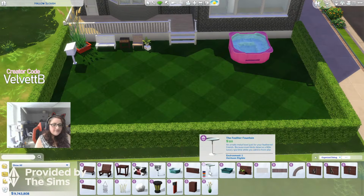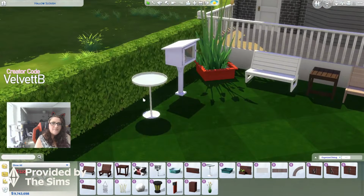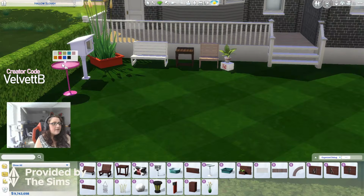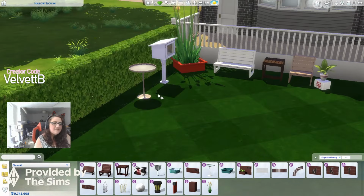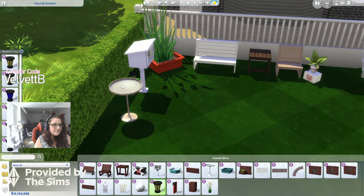Next up, we have the feather fountain, which is lovely. Just another little bird fountain, which we don't actually have too many of. So I'm okay with that as an item added to this. But again, it's got quite an interesting mix of colors. So I think there's going to be a little bit of mixing and matching with colors with this set, because it's got some extra colors like your hot pink and this royal blue as well, and then the orange. So yeah, we don't have those colors elsewhere, so that's interesting. It's nice and flat and simple. I do wonder whether or not you can put stuff in it. Like, can I put stuff in it? I don't know, but